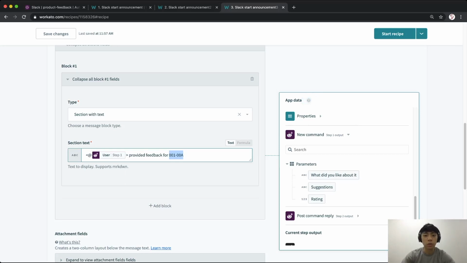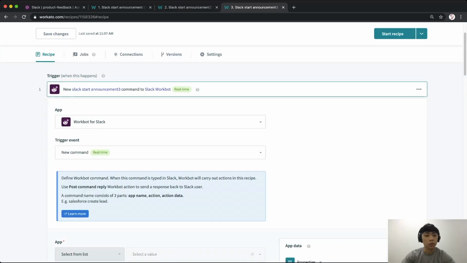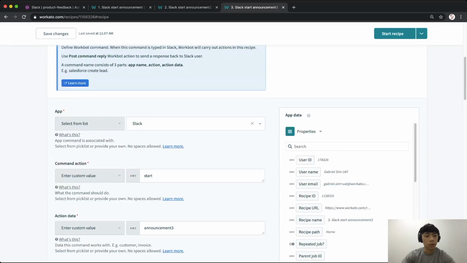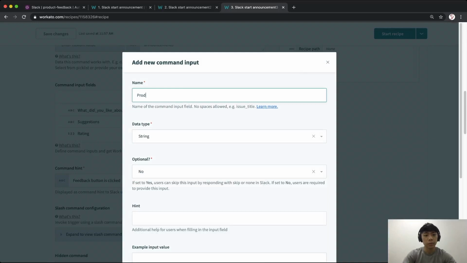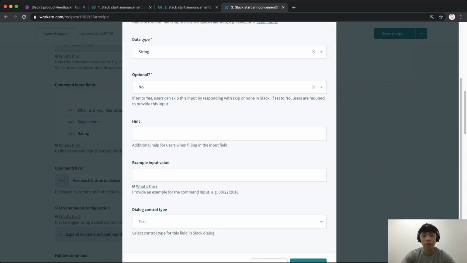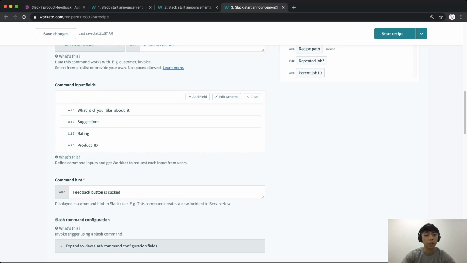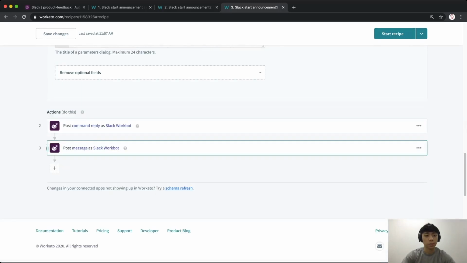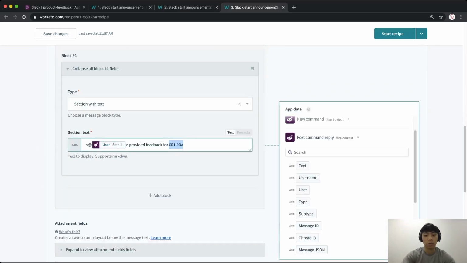So to do so, I'm just going to go back up into my trigger. Coming into the command input section, I'm going to add a field here for product ID. Now, there are a couple of configurations that we'll need to change in this section, but I'll go through this in just a bit. For now, I'll just leave it as the default settings. So go ahead and add your field, and then if I come back down into my message, here I can now specify which product ID this is for. So I can put a star here,